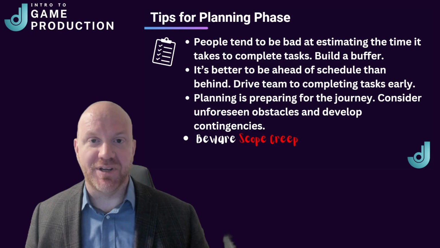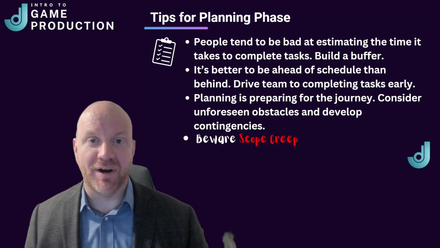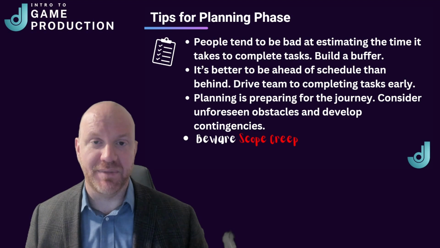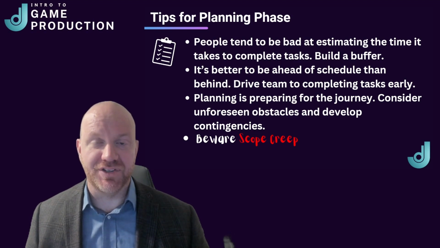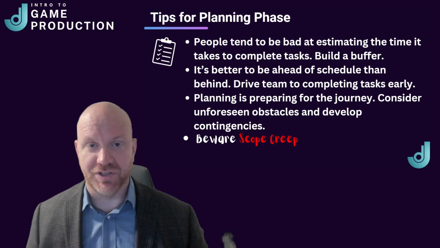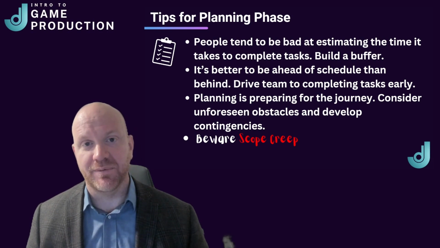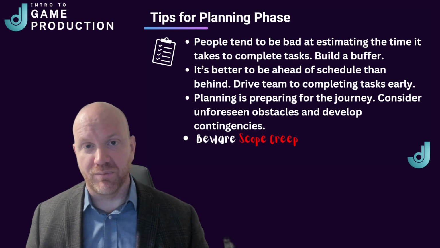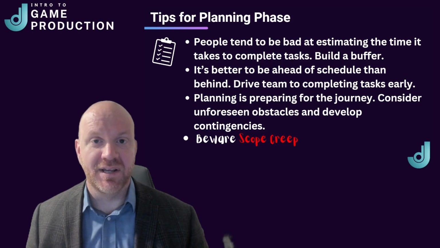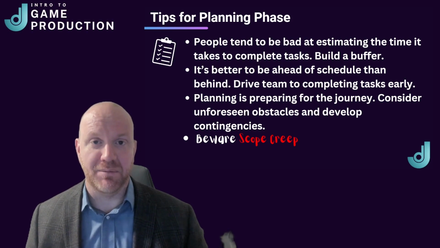And part of that is because it's better to be ahead of schedule than behind schedule. So having that buffer will ensure that you're able to meet the timeline of your project. Now, a big part of being a producer is driving tasks to completion. So it's important that you're constantly checking in with teammates, you're constantly having regular meetings to make sure that you're moving along according to the timeline and that you're going to be able to consistently meet the objectives.